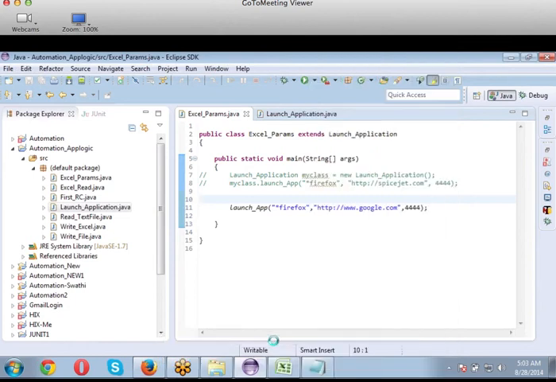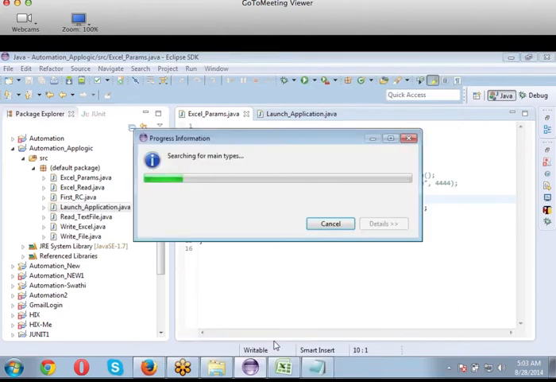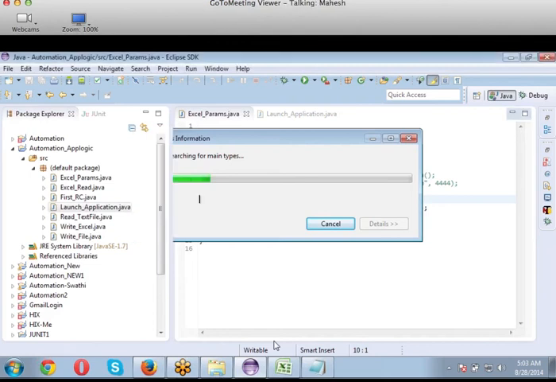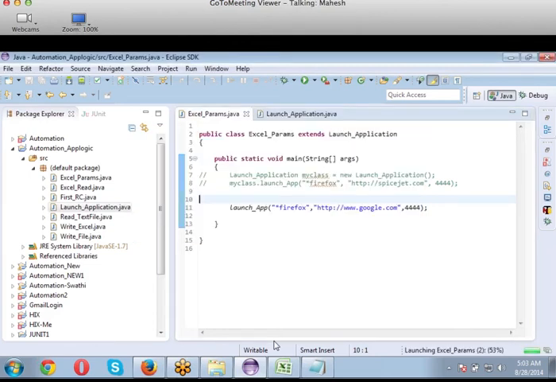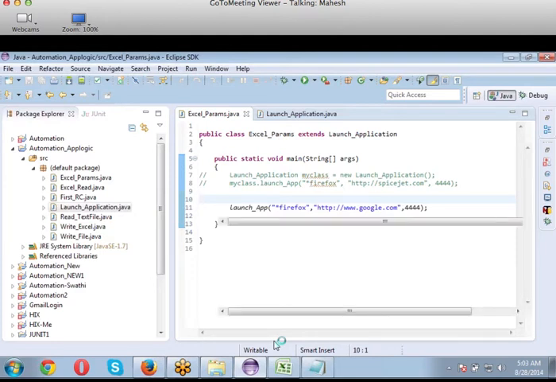Now we have launched my browser and a URL. Next thing is we have to read an Excel sheet which is already available and which has usernames and passwords.